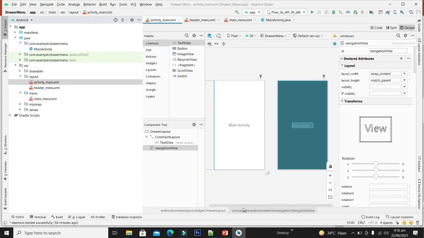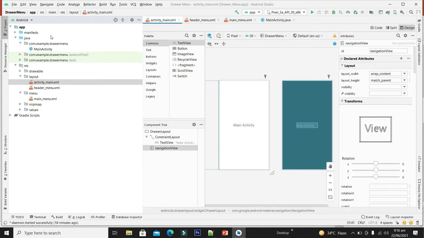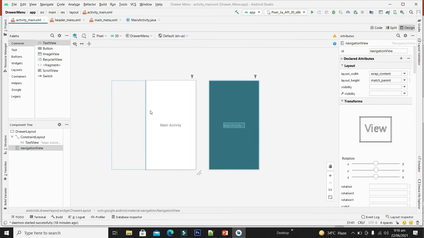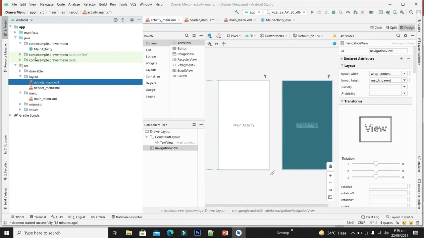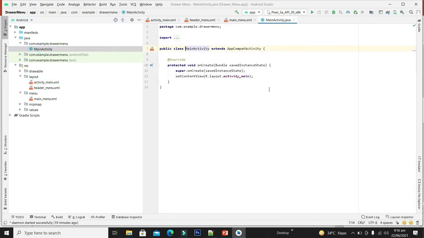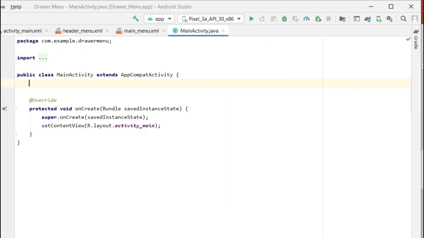Now our menu has gone to the left side, so that when we launch the application we will not see the navigation. So by clicking the toggle button here we will see our navigation drawer. Now our UI design is complete. Now it's time to add the functionality. For this we will have to go to the main activity.java file. So first of all, let's declare all our drawer layout and navigation view.